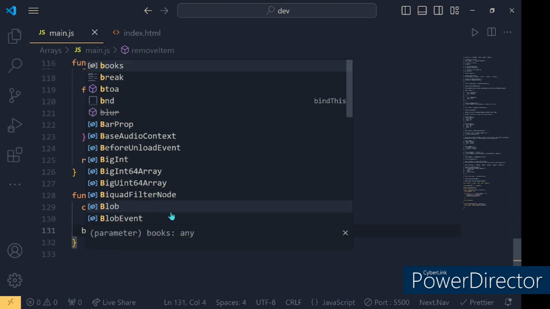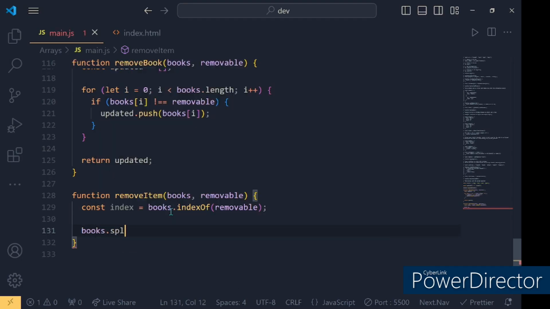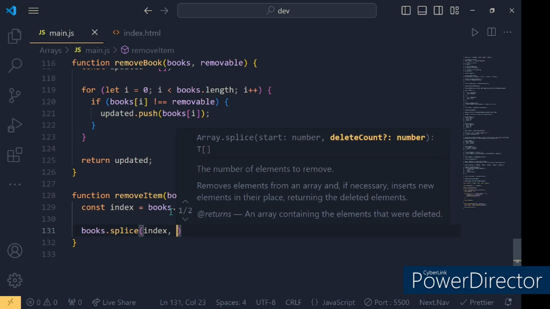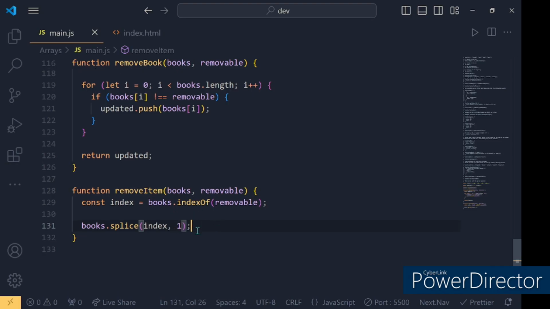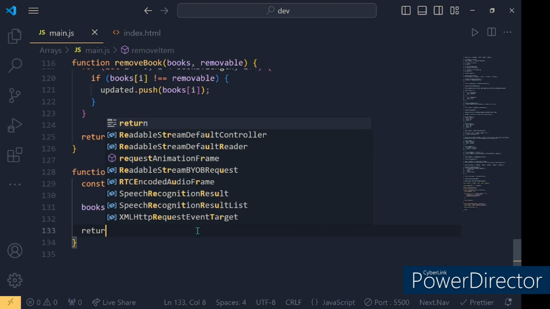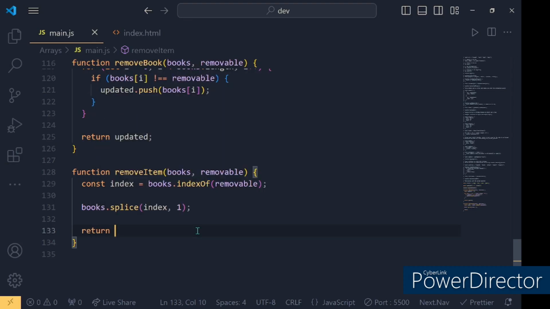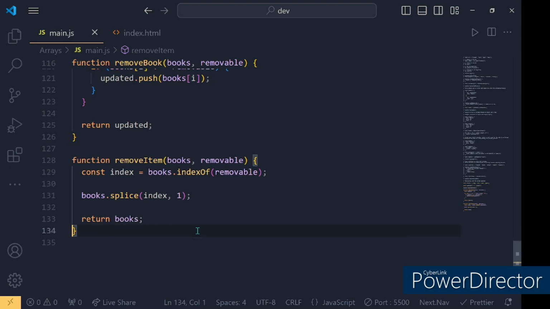Then we do books.splice, which will remove that item and give us back the updated books. So for this one, it will take in the index as the first argument and 1. That will be for the number of elements that we want to remove. Then after we update, we return the books. But we have seen the problem with splice is that it mutates the original array, and